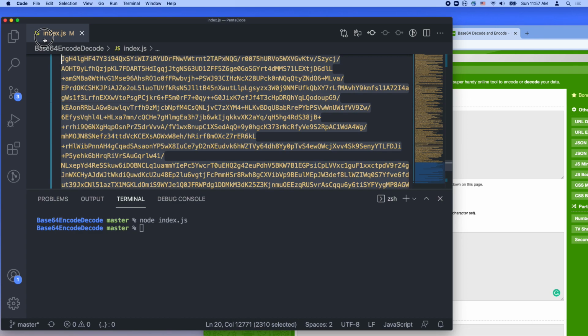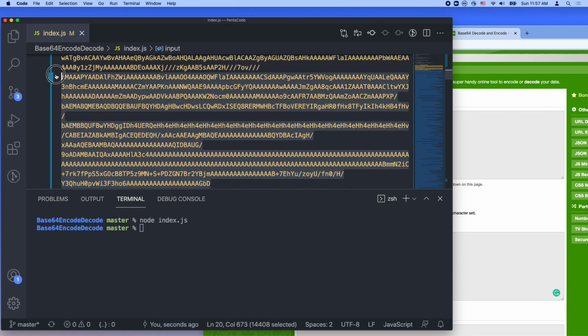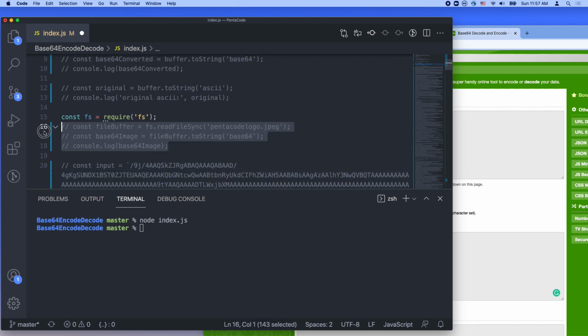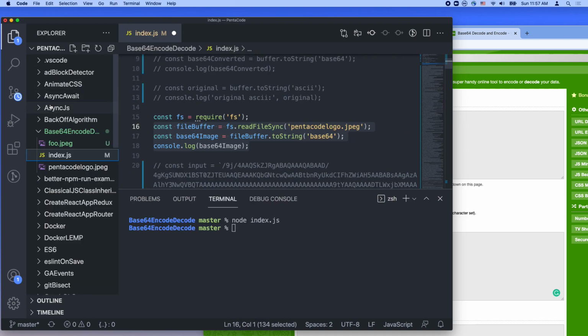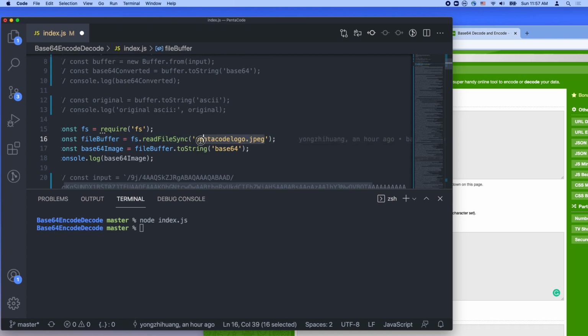So I want to do something a little different. I want to do a small test, right? I want to convert our source file like this. Let's see if this works. Instead of the image, I want to convert this .js file into base64. So instead of pentacle logo.jpg, let's do index.js.